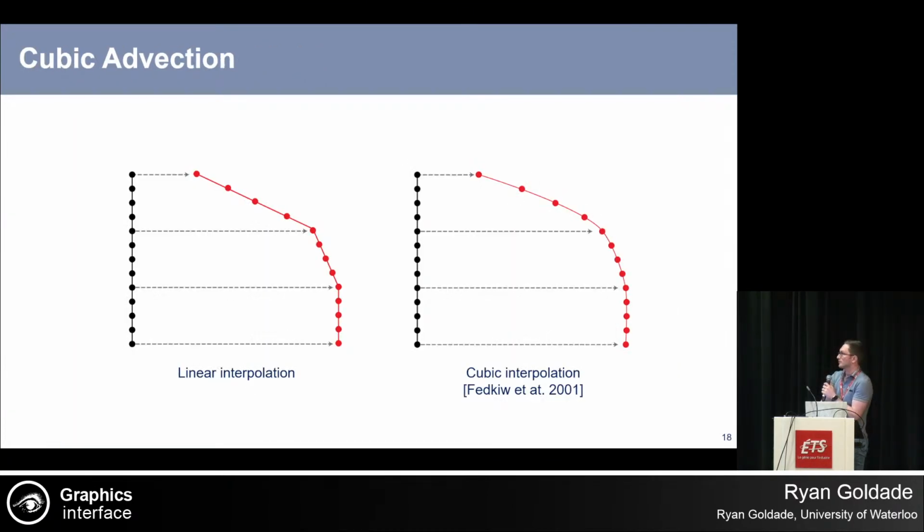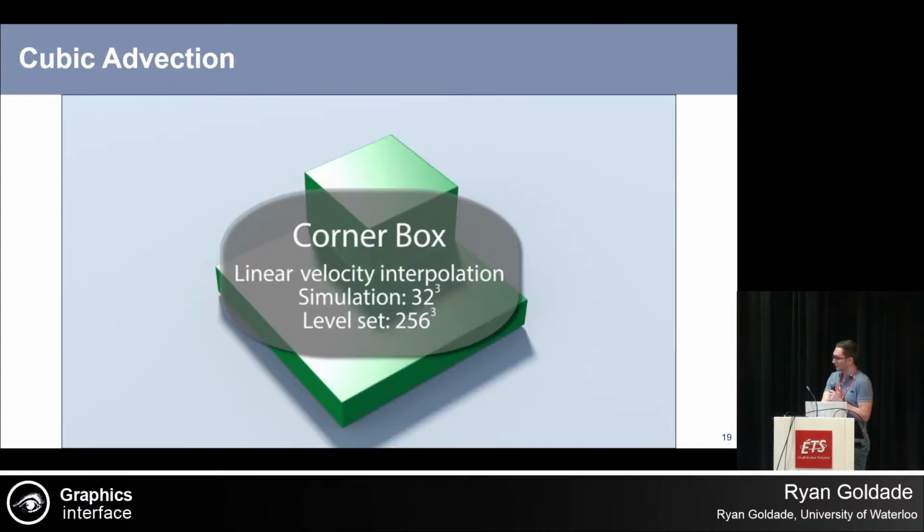Okay, and then the last source of error we identified was advection, which basically just means advancing the surface forward. We have a black representation of the surface. It's being advected by a sparser representation of a velocity field, so you can imagine like a lower resolution physics simulation. And then on the left here, if you just use linear interpolation, you end up with these linear patches. And then if you use cubic interpolation, you end up with a much more rounded patch.